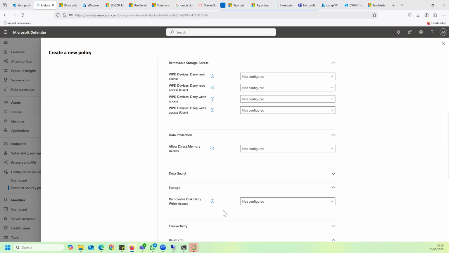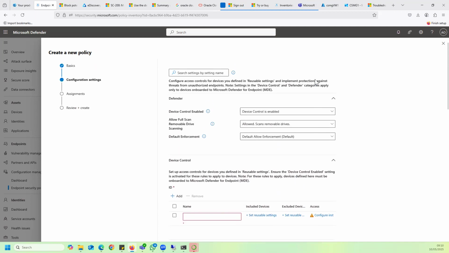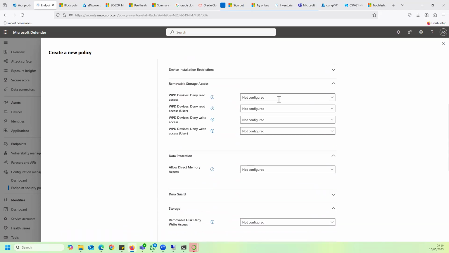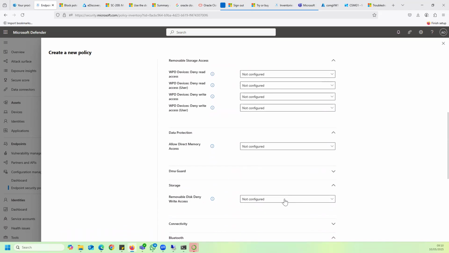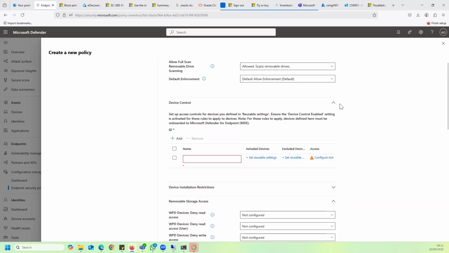A lot of times, organizations may allow people to read but not be able to write. After they have done the scanning, if you are interested in scanning, I just scan the device. Obviously, if it contains any malware or something suspicious, it is quarantined. If I want to allow people to be able to bring in data but not be able to take out, I can just deny write access by enabling it. And that means that I can still fulfill DLP protection with this because I don't allow them to write data to removable storage. But again, I allow